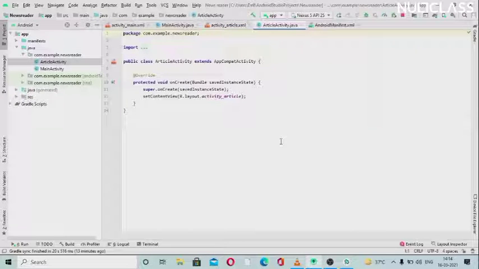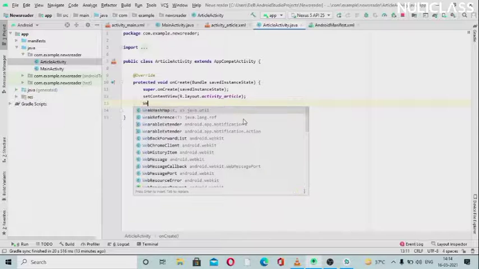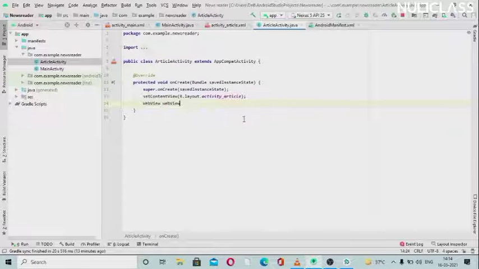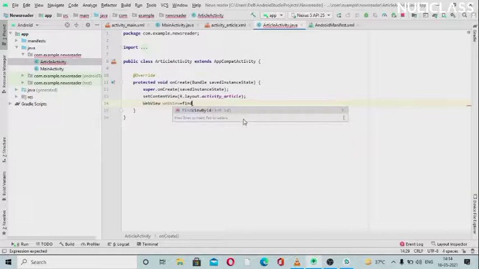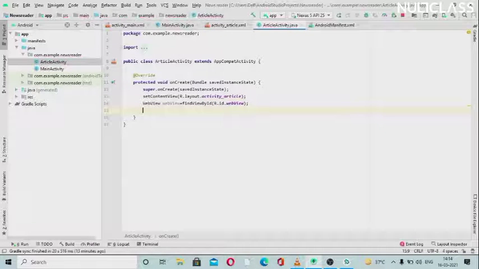Now we will be writing the code here. Firstly we will write the code from here, then we will create the intent in the main activity, and then we will connect that with the help of intent here. So we need web view, this one, WebView. This should be findViewById, R.id.webView. So this is okay.